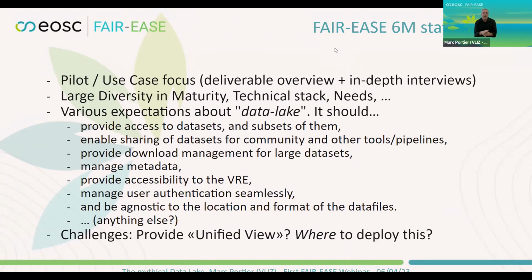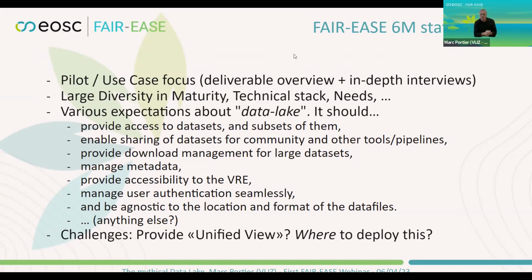And we kind of wear that label with pride, since it suggests a fresh and first principles approach to the problem. The point is really that we allowed ourselves not to start off, or better, not to limit ourselves by any existing definition of any data lake concept. Instead, we did an in-depth investigation of the actual needs of the various pilots you have seen earlier today. This, however, did not turn out to be the easy road, because we immediately observed a lot of diversity.